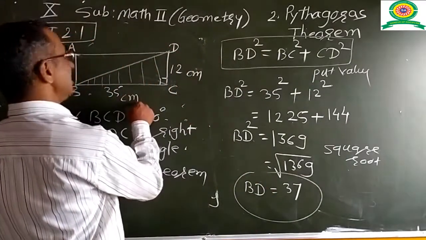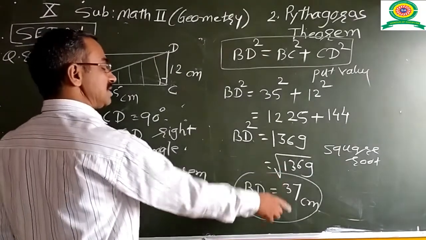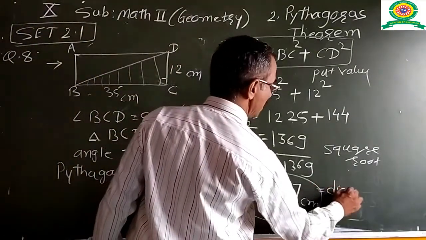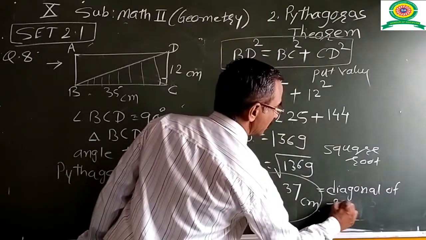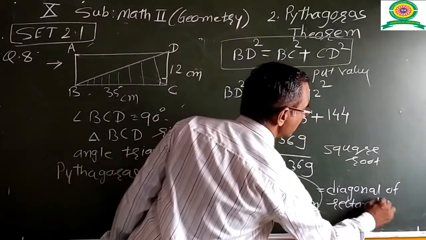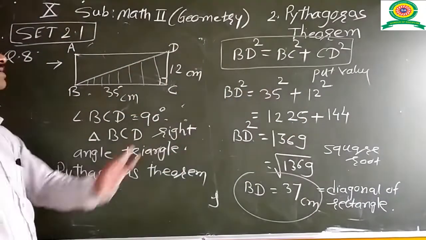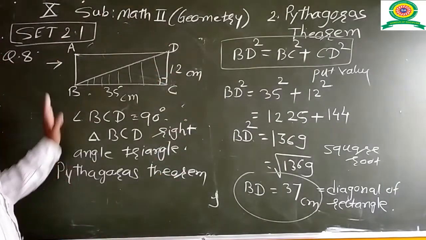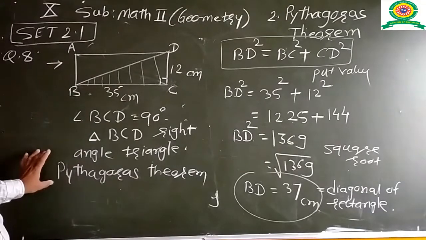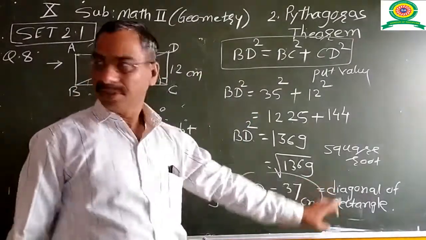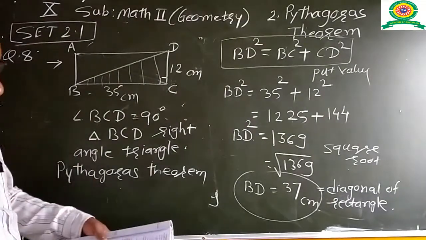What is the unit given here? Centimeter. So the value of BD is equal to 37 centimeter. It is the diagonal of the given rectangle. So we find it. The diagonal of a rectangle is equal to what? 37 centimeter. As per the given information, we draw the diagram. Then by using the Pythagoras theorem, we get the value of the diagonal. Then question number